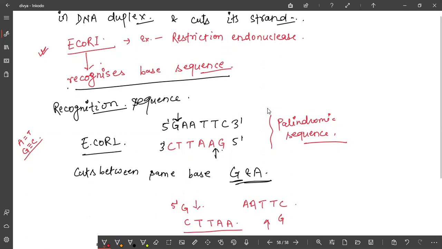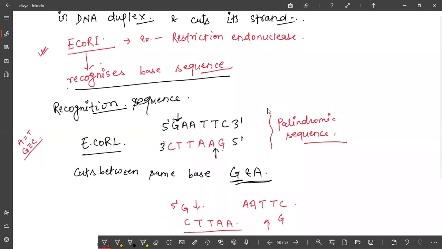Is it clear to you? How does it cut? It simply recognizes the palindromic sequence, and then after recognizing it, it will cut within the same bases, and those bases are G and A. Okay, this is clear to you. So this end